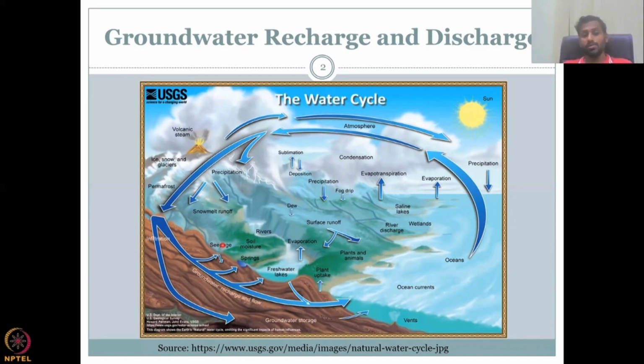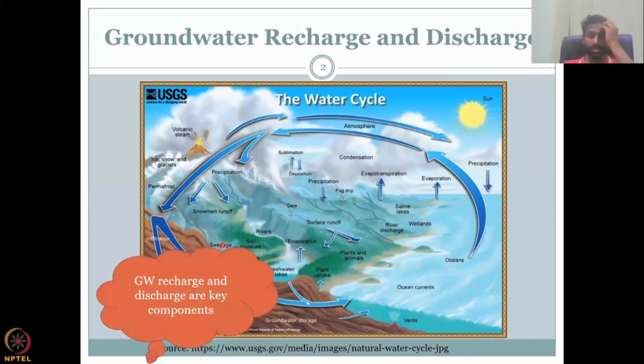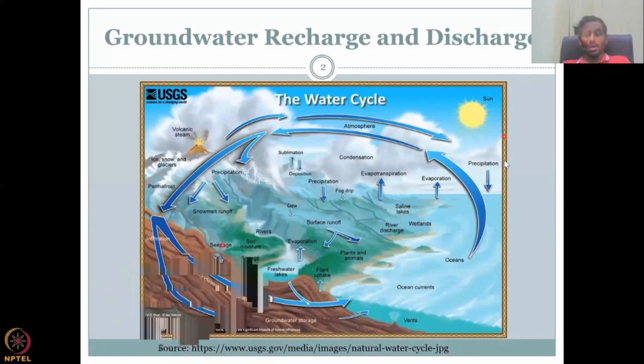So in this week's lecture, we will look at the key paths in which groundwater recharge and discharge happens. More importantly, we will look into methods to quantify groundwater recharge and discharge. In the first class of this week, we'll also look at how groundwater recharge and discharge form key components in the hydrological cycle. If you look at the cycle here,